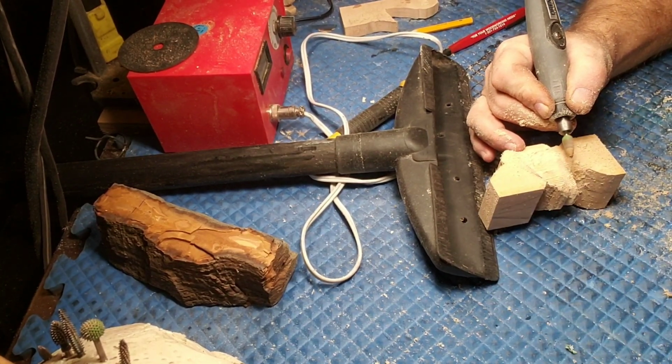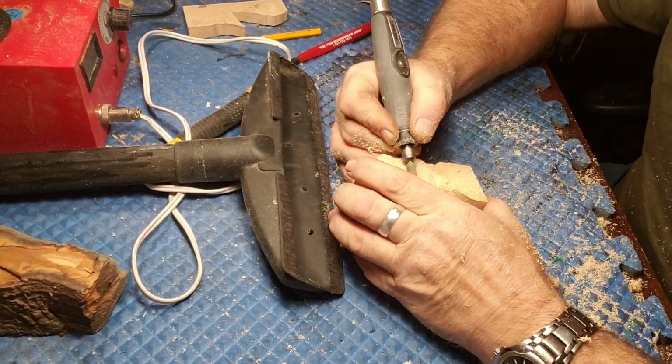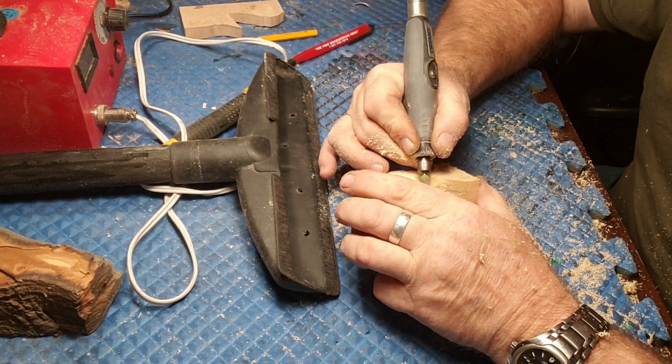There we go. Back in frame. Aha, see, the camera did move. I'm getting pretty good at looking up at that every once in a while to make sure that